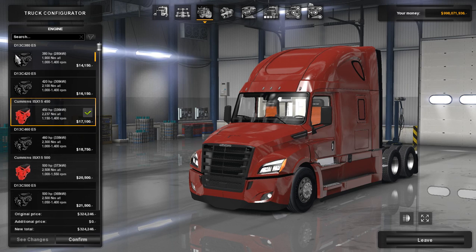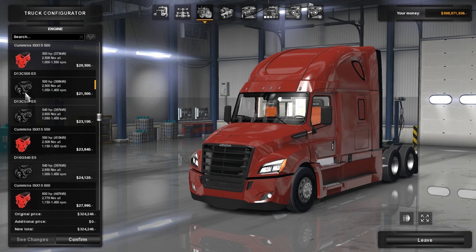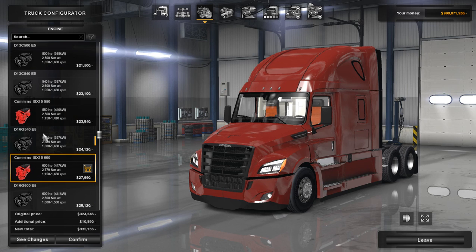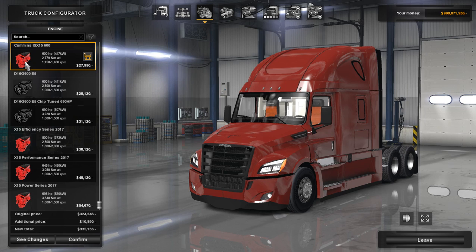So we have the C380 E5, the D13 C420 E5. We do have the Cummins ISX15 450 in for now. We have the D13 C460 E5, the Cummins ISX15 500. We have the D13 C500 E5, the D13 C540 E5, the Cummins ISX15 550, the D16G 540 E5. We just clicked on this. Cummins ISX15 600,